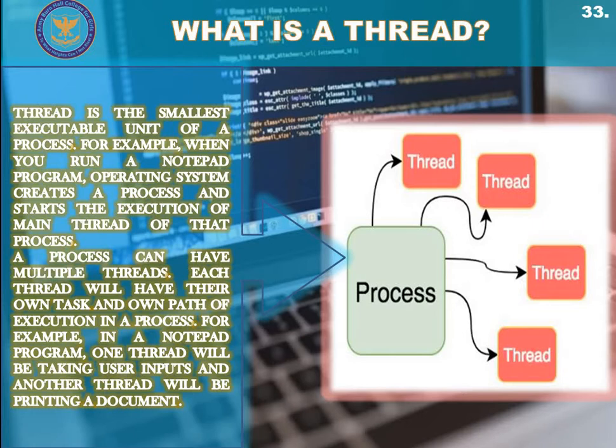Let's have a glimpse of the previous lecture in which we talked about a program and a process. A program is a set of instructions, and these sets of instructions are there to be used by the user in order to perform certain tasks. So a program or a software is actually a set of instructions. So processes belong to these programs.